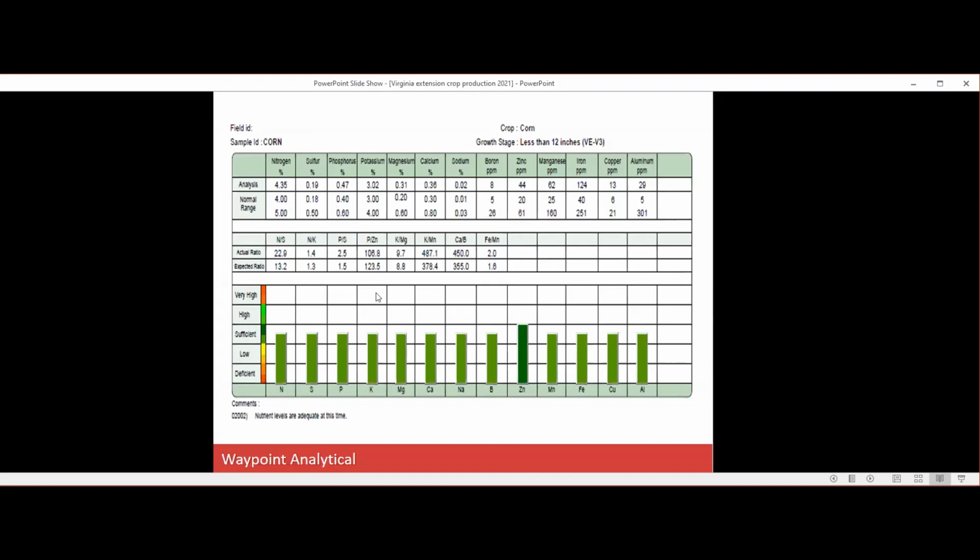But please make sure, when you get these tissue reports back at this time of the year, that we're looking at the nitrogen to sulfur ratio. We should be less than 18:1. Right now, that field on the right-hand side was at 22.9. So please, when you're putting on nitrogen, don't forget about putting some sulfur in there to balance off the nitrogen to sulfur ratio, particularly when you're taking tissue samples at that time of the year.